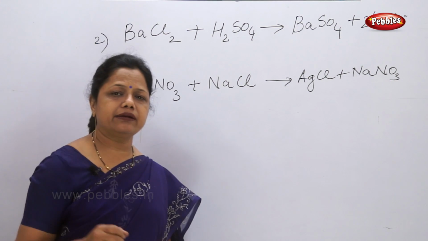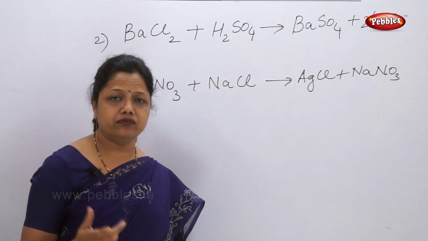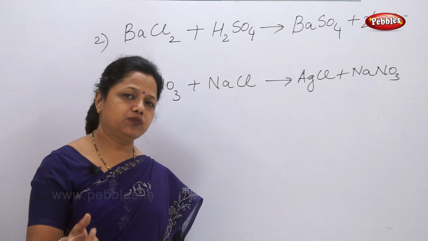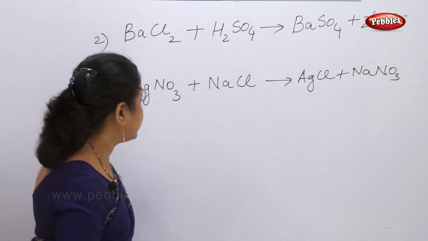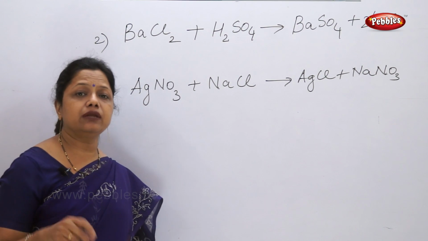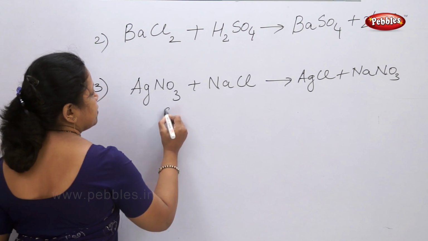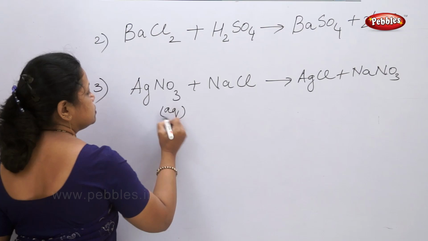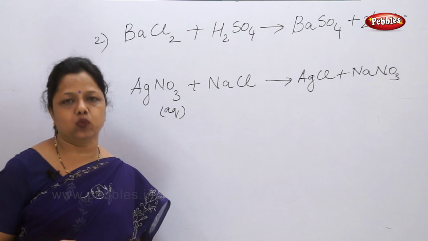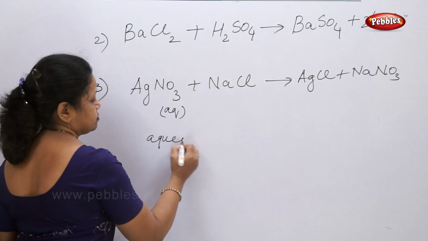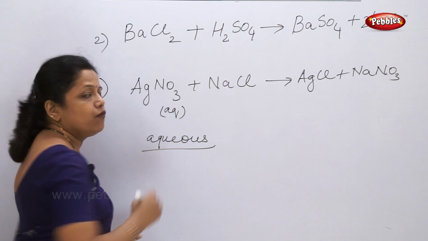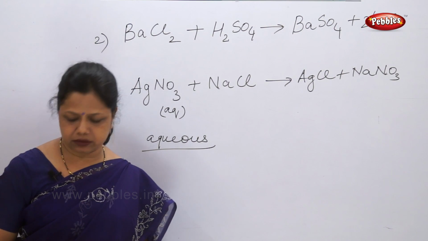Now this silver nitrate is generally taken in solution form. Silver nitrate powder is obtained, added in water and nicely mixed in a test tube. So when I am making this solution in water, actually I am making it an aqueous solution. So you will write the state AQ. AQ stands for aqueous. Aqueous means when the solution is made in water.